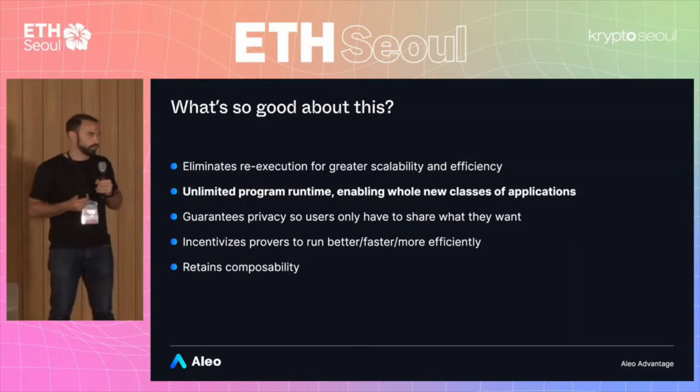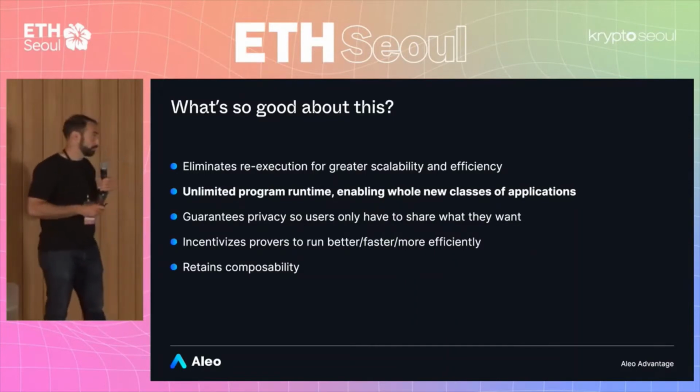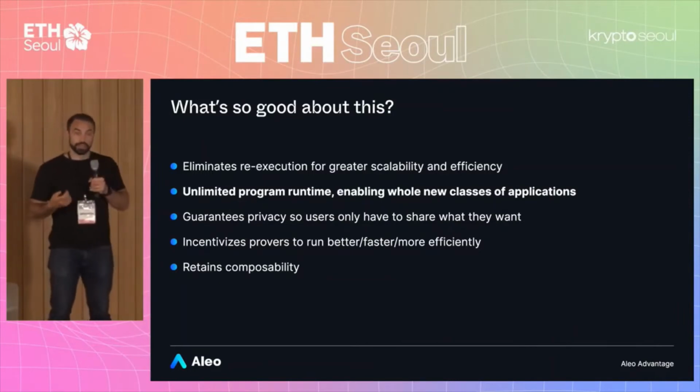So you could imagine a world in which, actually backing up, can you do ML on Ethereum, like a linear regression, for example? And the answer is, well, it's quite expensive, again, because of the gas limit that we talked about. But because we have an unlimited runtime here, ML applications are actually fine to do in ZK.